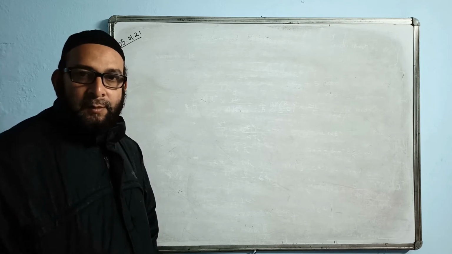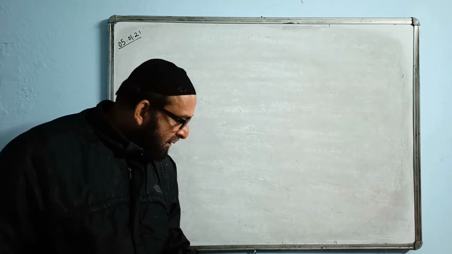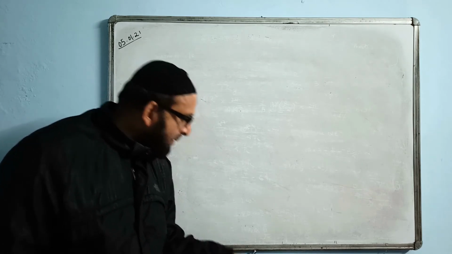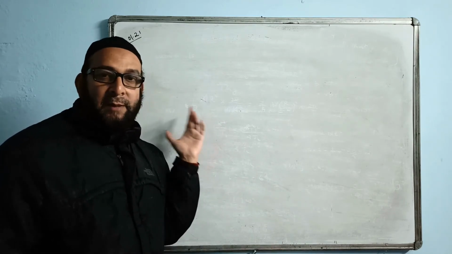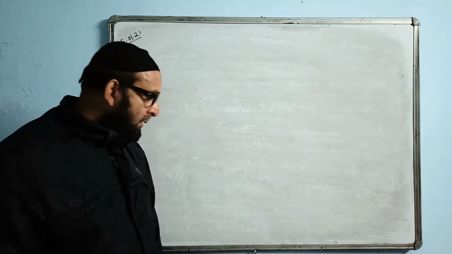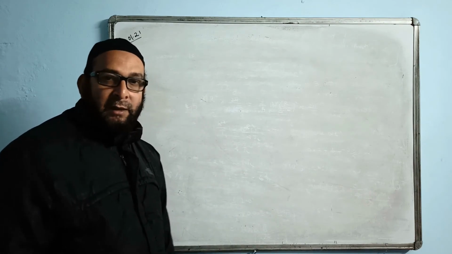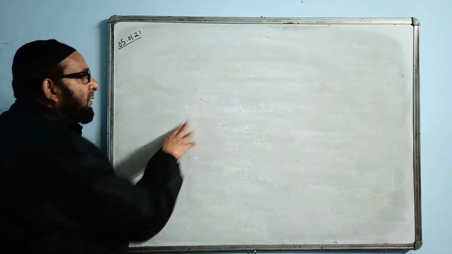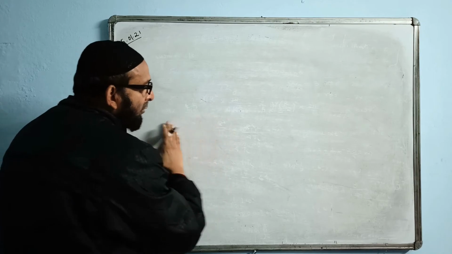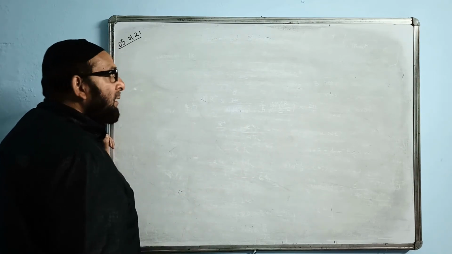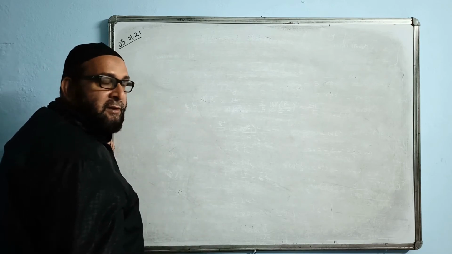Actually, this question is from the next exercise. According to your book, it is exercise number 19, but the two chapters we have covered in one only, because this chapter is based on the same idea, angular momentum, which I already discussed. So this question and the previous question are basically from chapter 19, so we are covering it here only. There is a ball rolling without sliding, on a frictionless surface. If it slides, there will be friction. It is not sliding, the rolling friction value is very small, so we do not consider friction.